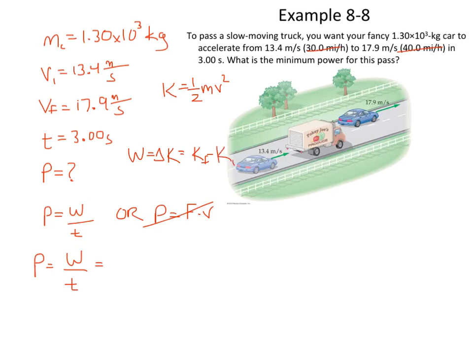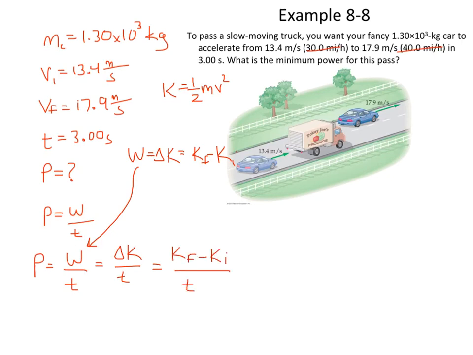So why don't we take that, and now I'm really sorry I drew that other equation in there that we didn't wind up using. Let me try to erase this here. There we go. I'm actually drawing over it with white, but same difference. We're going to take this and put this in for our work. The work done by the car is represented by that change in kinetic energy over time. Change in kinetic energy is K final minus K initial, all over time.